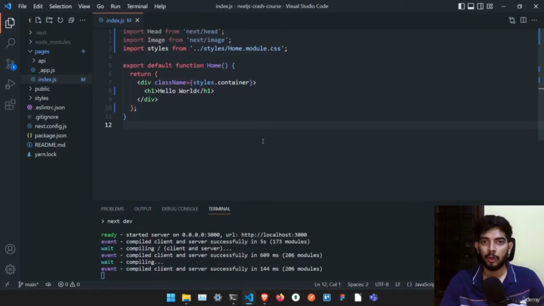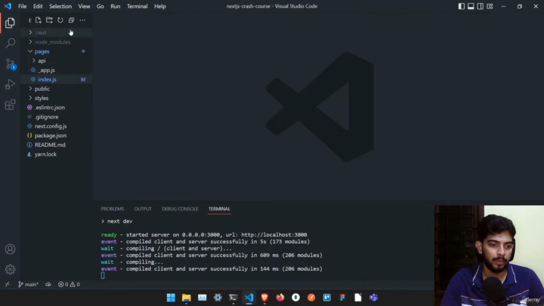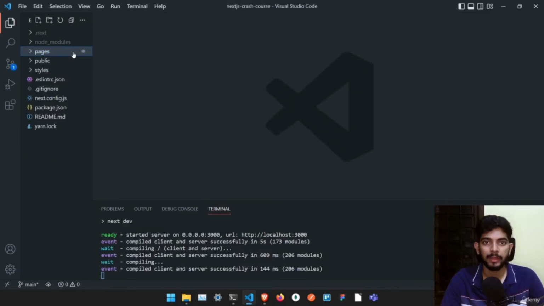I know that you just want to get started with coding, but before that, let's try to understand this project folder and what all these files are, and whether we require all the files or only some files, just like how I edited index.js. So the first folder in this project is